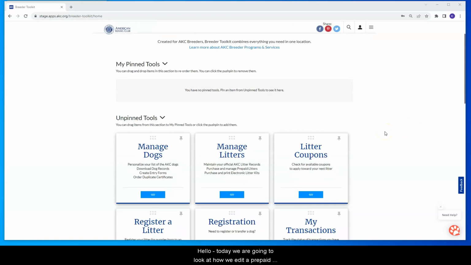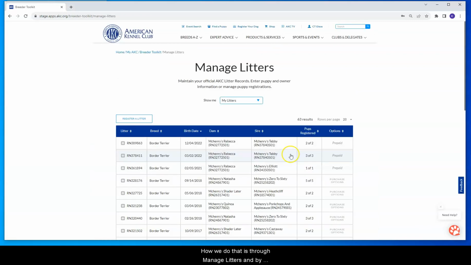Hello, today we are going to look at how we edit a prepaid puppy. When we register a litter with AKC, we have the opportunity to prepay for all of the individual puppy registrations at a discounted rate. How we do that is through Manage Litters and by locating our litter and selecting the